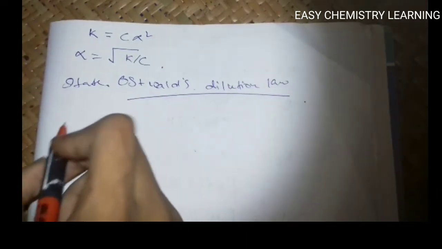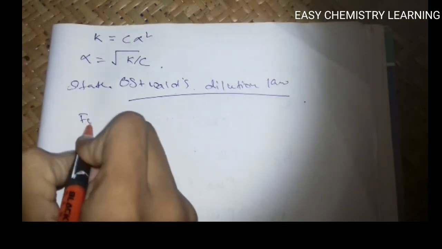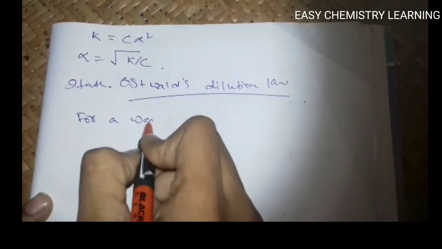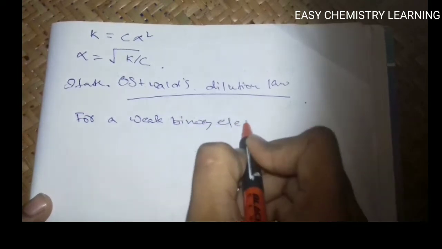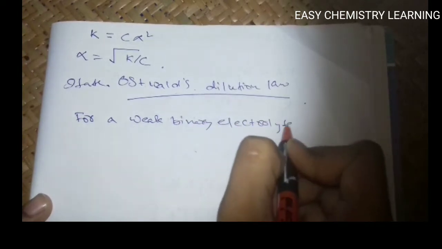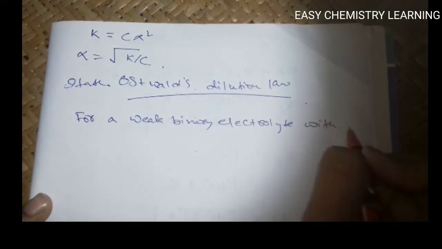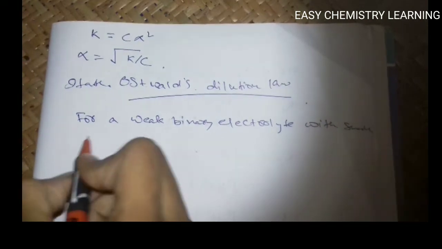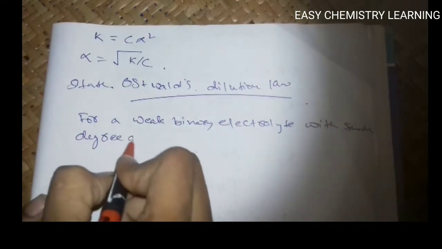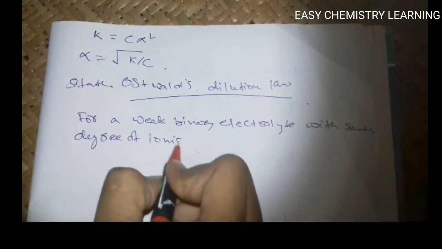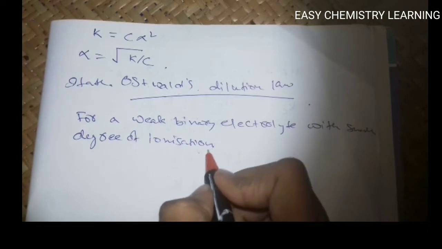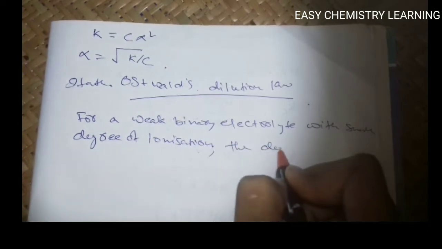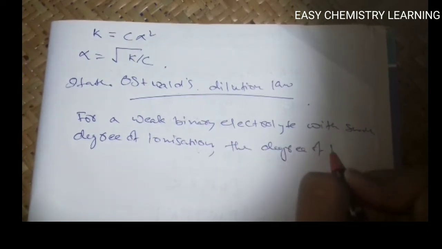The answer is: for a weak binary electrolyte with small degree of ionization, the degree of ionization